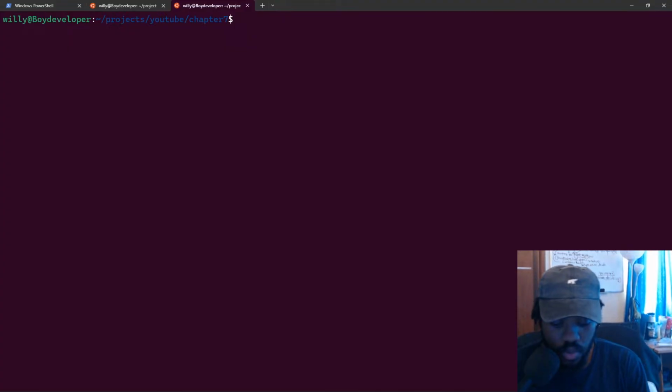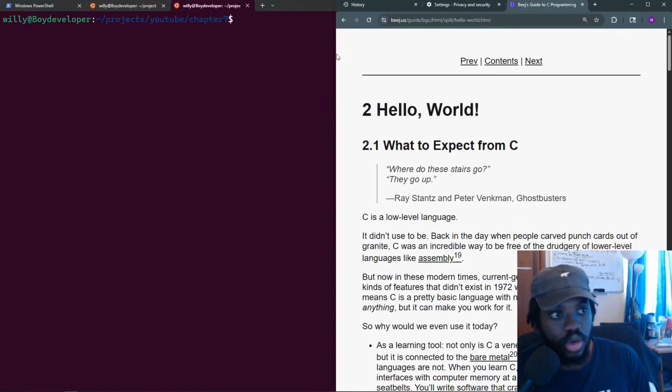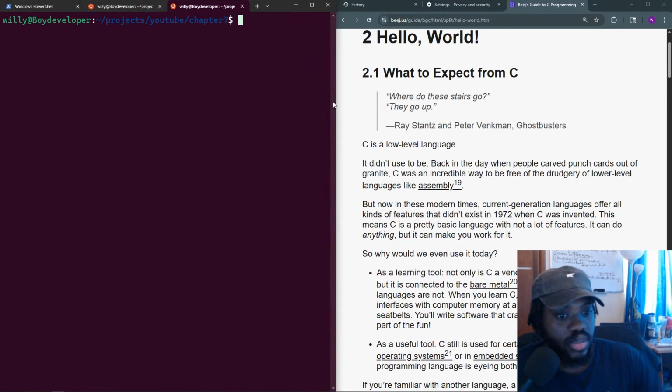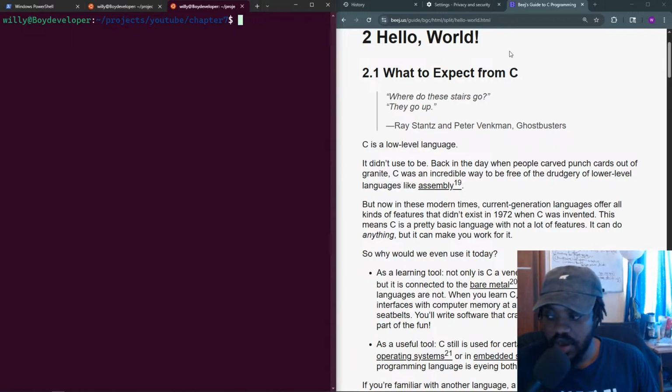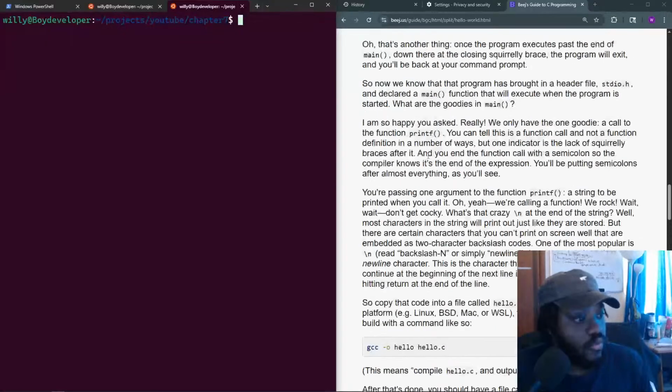Okay, so, hold on. W3Schools. So I use this book, BJUS. Yeah, so this is the book I use for learning C. I'm just going to keep that on the side, and I'm not going to cover a lot. So today we are just going to try out a little bit of